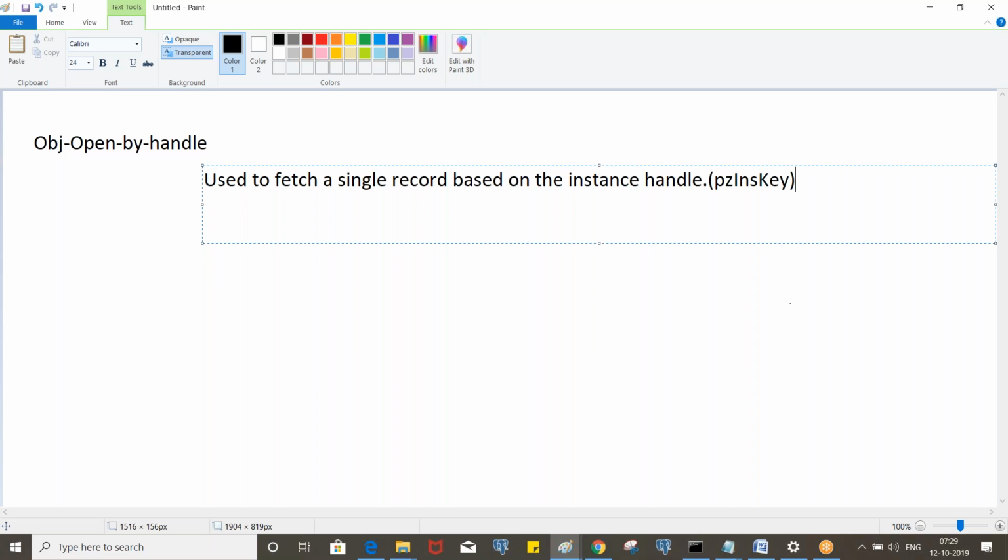While we were using obj browse, we unchecked the key checkbox. That is an external class. When we create a data class which does not belong to the class group, these all become external classes, not internal classes. For internal classes, you will have a pzInsKey, whereas for external classes, you will not see either the pzInsKey or pxObjClass. Okay, let me show you some examples here.